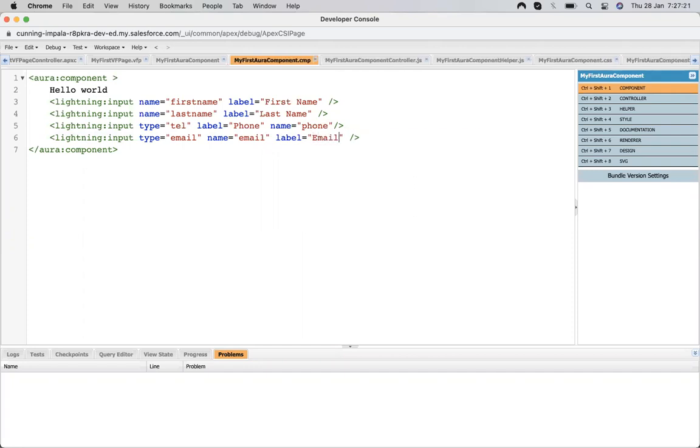When I hit save, Control S, it got saved. Now let me preview my component.